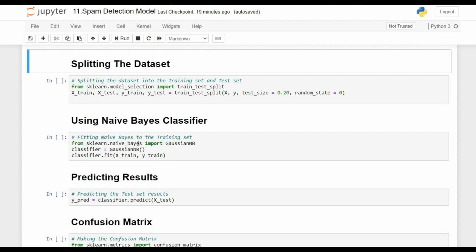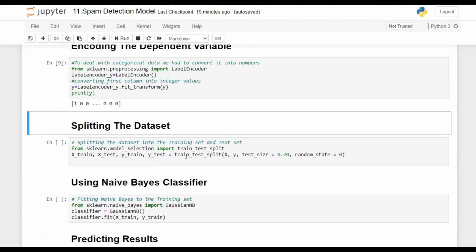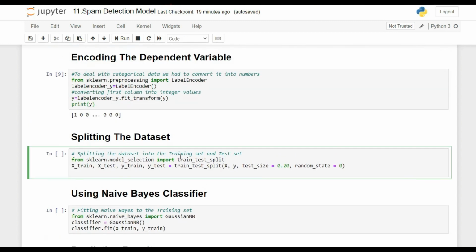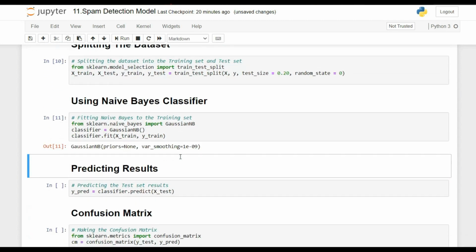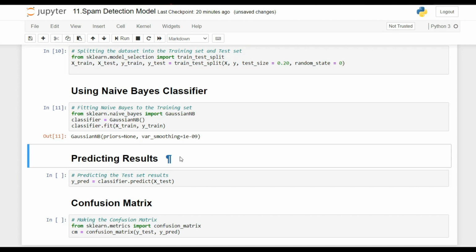First we are importing GaussianNB from sklearn.naive_bayes, and we are creating an object of GaussianNB, that is classifier. And the last step, guys, as you all know, we need to fit our X_train and y_train to the classifier. So I am fitting here. Wait a second, I hope I did not run this code. Yes, then fitting this model. Yes guys, our model is ready.